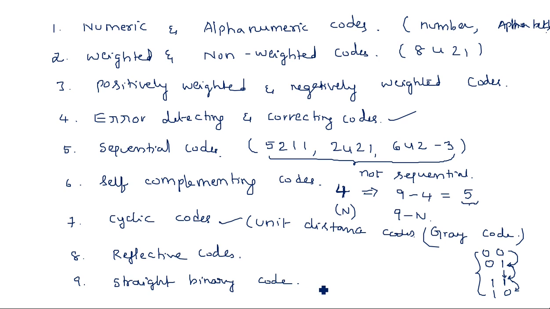Last one is straight binary codes. Straight binary codes are used to represent numbers using natural binary. So various arithmetic operations can be performed in this particular straight binary format. Straightly we are writing the binary, whatever the information. We can also say that it is an 8421 code. Okay, these are the different types of